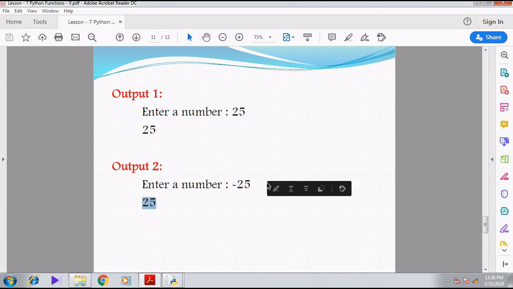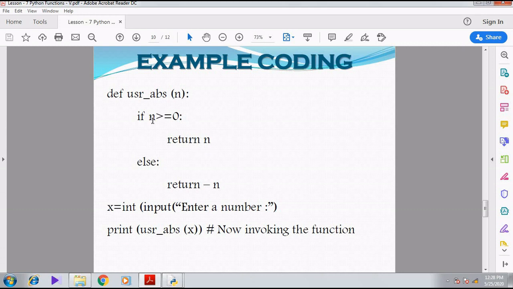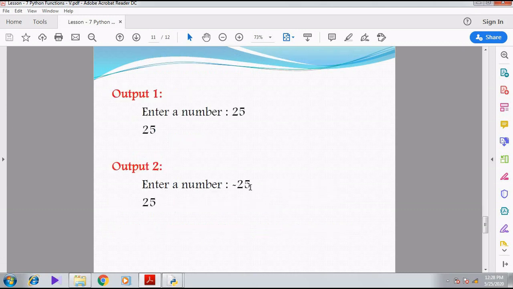It checks the condition. Minus 25 is not greater than or equal to 0, so the condition becomes false and the else part runs. What is the else part? Return minus n. Already the n value is minus 25, so return minus of minus 25. Minus into minus becomes plus, so the output will be changed to plus 25.